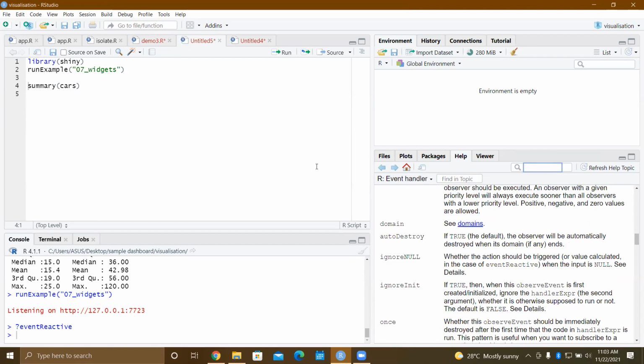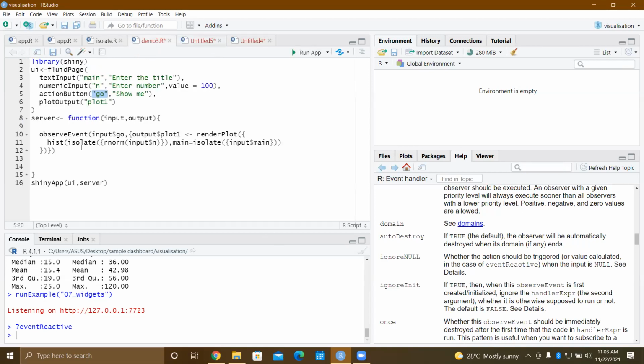Okay, so the first time we run it, the value is null, I think. So what was happening here is the function that I wrote wasn't showing until I hit the show me button.